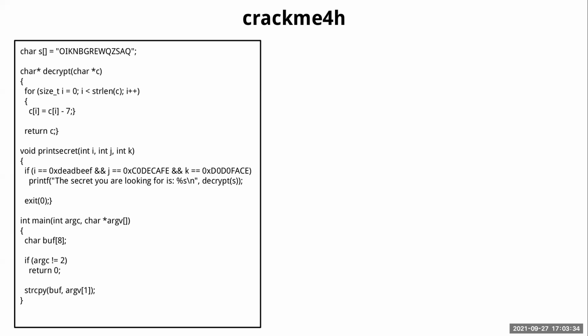Then you compare whether the command line argument count is 2. The command line arguments are actually in the address space of the main program. Maybe next week we will see how it works. Then there is a strcpy, which is vulnerable. strcpy is vulnerable, and it's going to copy the second command line argument to the buffer,